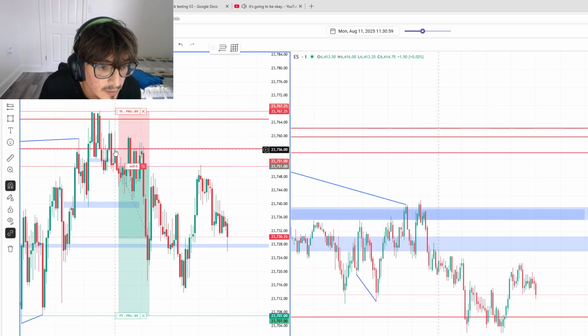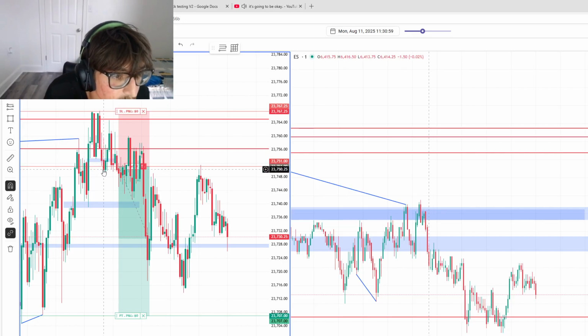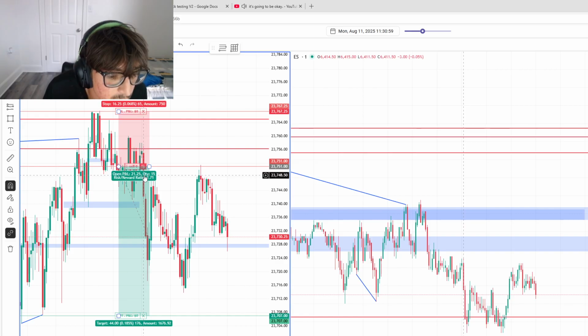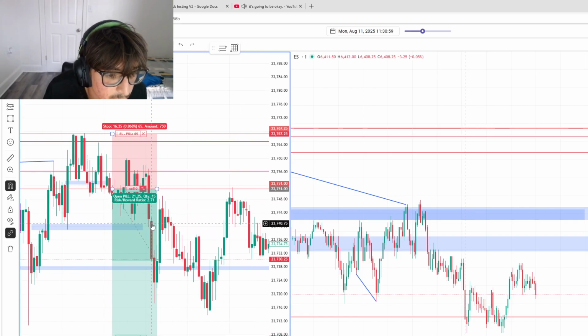Like right now we chopped slowly lower. Do we really want to be in a trade for chop since 10:33? I mean, not even 10:33. Do you want to be in a trade since 10:25 all the way until 10:47? That's 20 minutes. I'm going to be in a trade hoping that you don't get stopped out, nervous because it's a choppy trade.